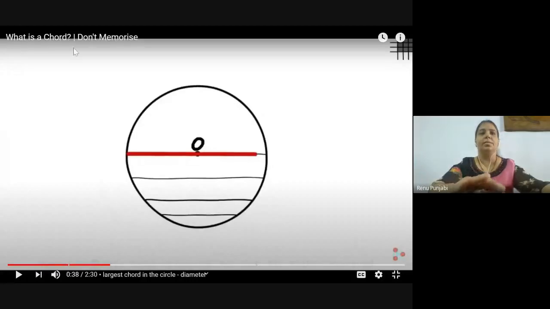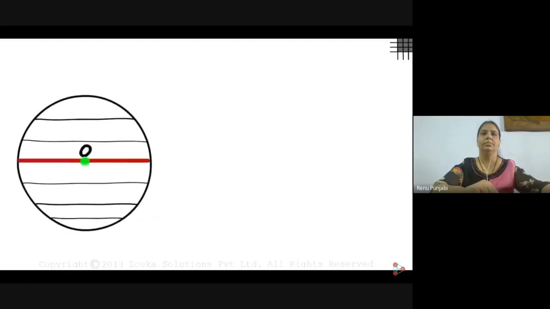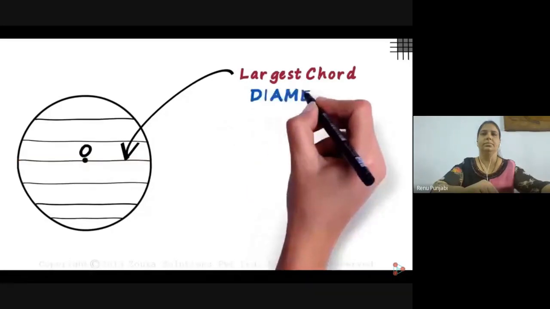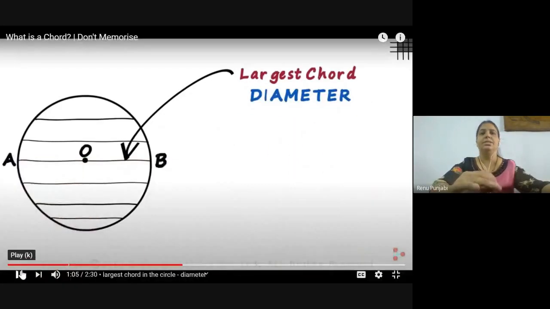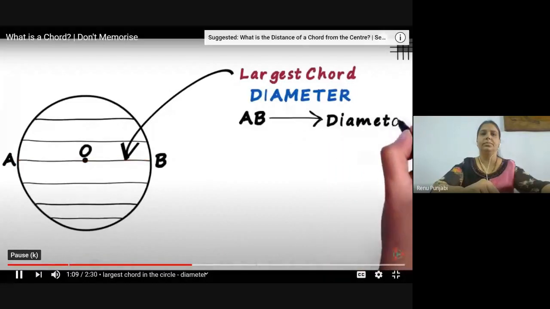Okay, I will go back again. It passes through the center. We can see that the length of the chord was constantly increasing as we went higher and higher. Then as we continue further up, the length of the chord started decreasing. What does this tell us? It tells us that the chord that passes through the center is the largest chord of that circle. It is called the diameter. Let us name it chord AB. Diameter is also the largest chord of the circle. Chord AB is called the diameter. Any chord that passes through the center is called the diameter.